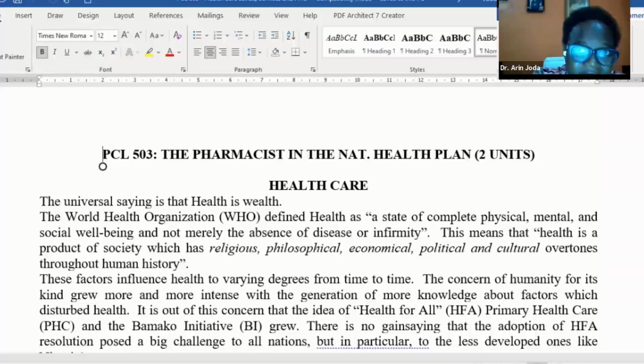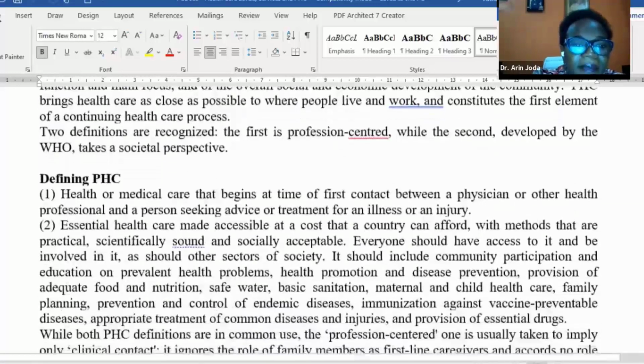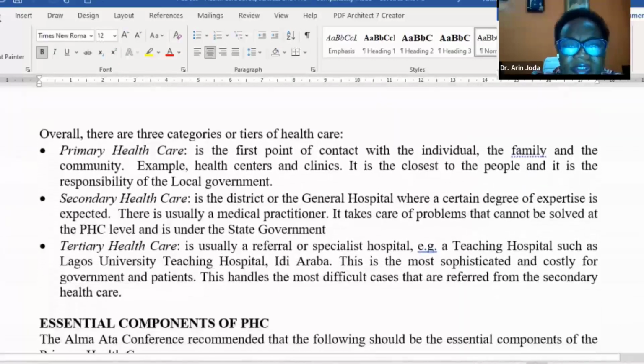Unlike when a program is established with the community's involvement, you will find out that it will be the members of the community ensuring that you people don't waste our water. You stop talking while you're fetching water. Your bucket has been full since, you are still gisting. They have a vested interest in the success of the program because they were involved. So again, that didn't happen with primary health care. People saw it as their program, not ours, so they didn't feel that they had responsibility for it. These are part of the things you will see in this note, some additional things that impacted on the success of